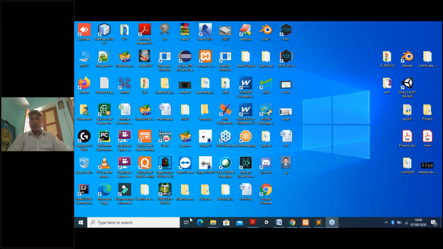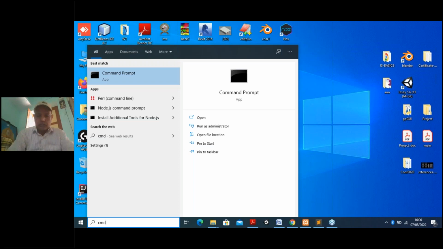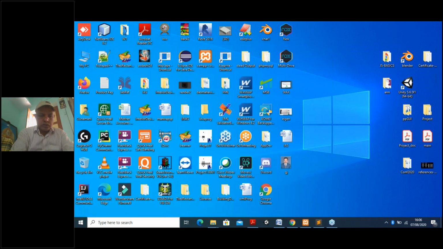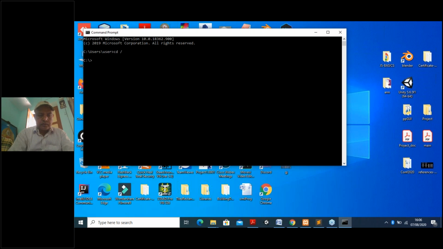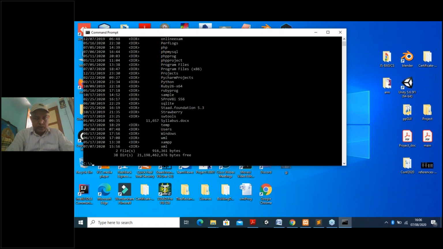Our PHP folder, we will go back. Now I go back here, just type CMD. Then I go to CD space slash, enter. Then I check which directories are available, dir. I put it here and enter. You can see I have a lot of files, but I am interested only in the PHP program. So go for CD. Not CD, you have to go to XAMPP first. CD XAMPP. Okay, now you are in XAMPP.